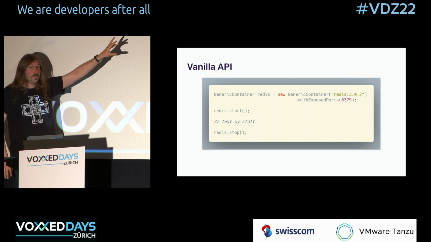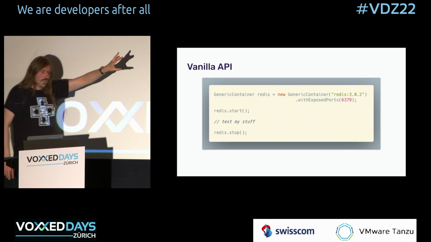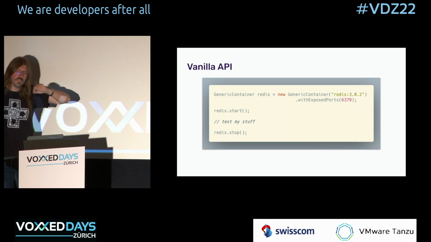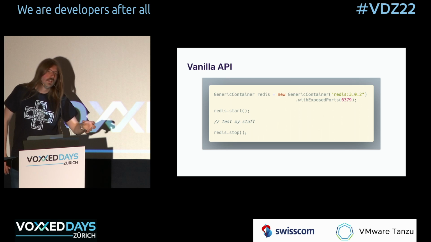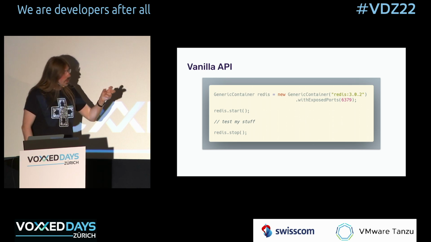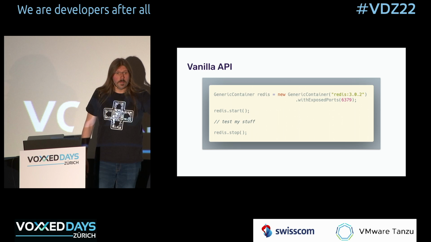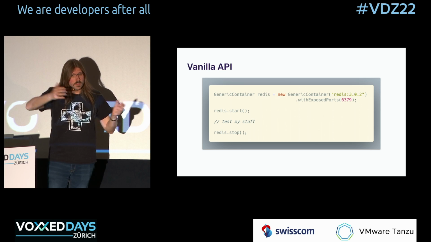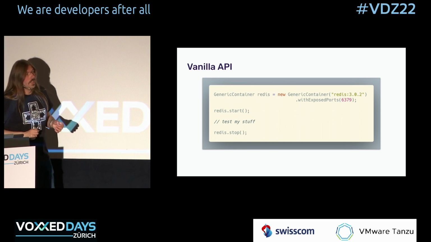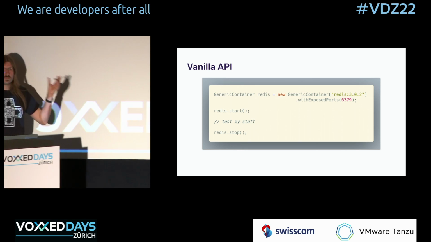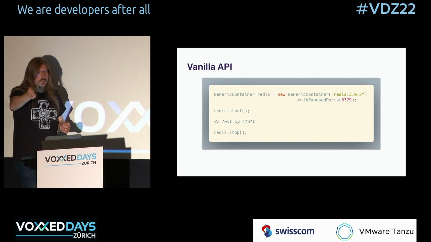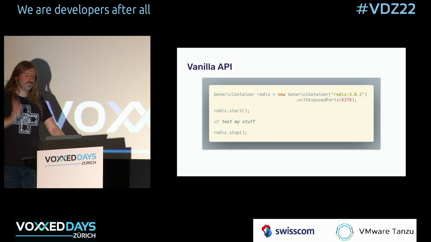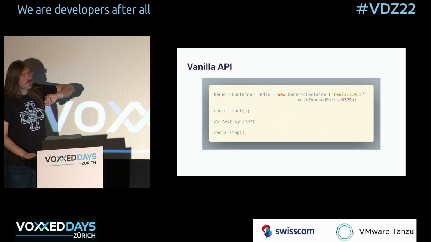All right, then when I expose a port like this, it is not like doing a fixed port mapping in Docker, where I would say, okay, map port 6379 to 6379 on my host. No, this is like publishing the port, which will then automatically open the port and map it to a free ephemeral port on the host, something above 50,000, above 60,000, so we can be sure there are no collisions with other services running, with other tests running, with other containers running. And then we just have an API that you can access to get the actual dynamically mapped port after the container has started. Another cool thing, when I do the stop there,